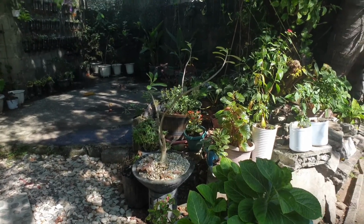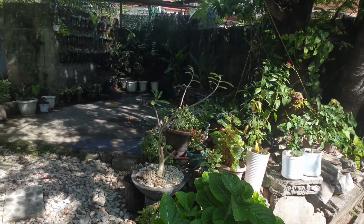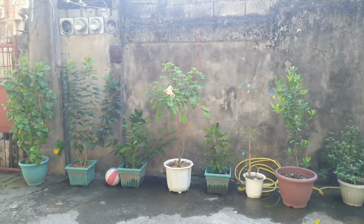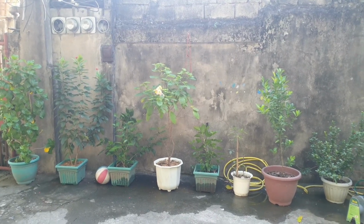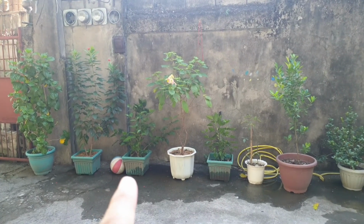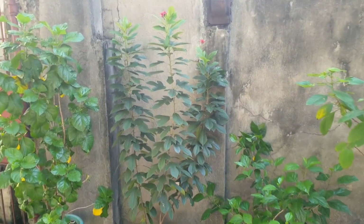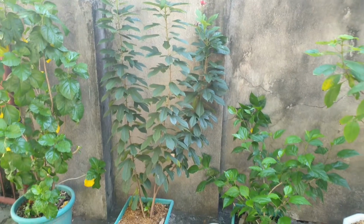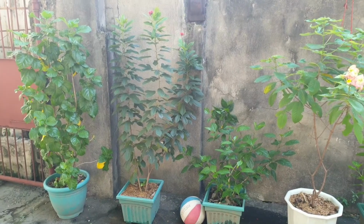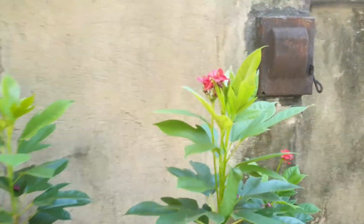So I've started rearranging some of the flowers to see which one likes a particular area. For this one here, I just changed this morning. This rose, gomamela and gomamela, used to be in another area, but I transferred it here. When I put it in a shaded area, it didn't flower, but when I transferred it here a few weeks back, it seems to like this place because it grew really tall and it started flowering. Look at the flowers,